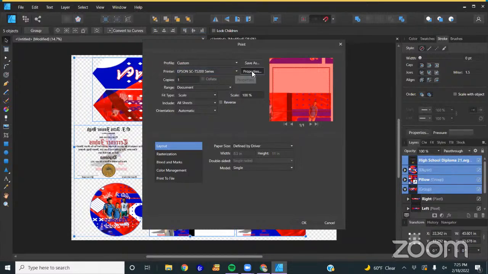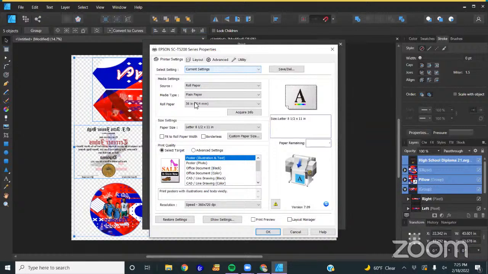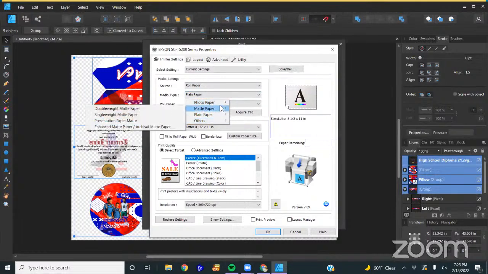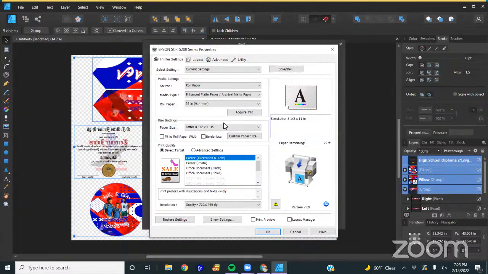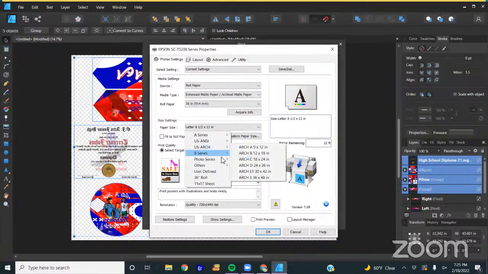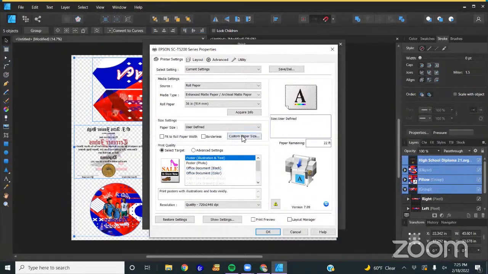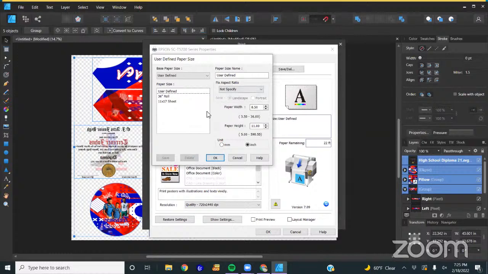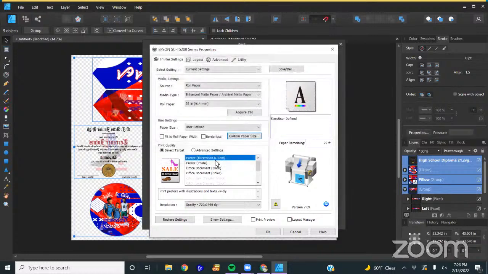And let me hope that I can remember all of my settings. Roll paper. Paper size is user defined, custom paper. And we're gonna do 44 by 34. I think that's the right way.